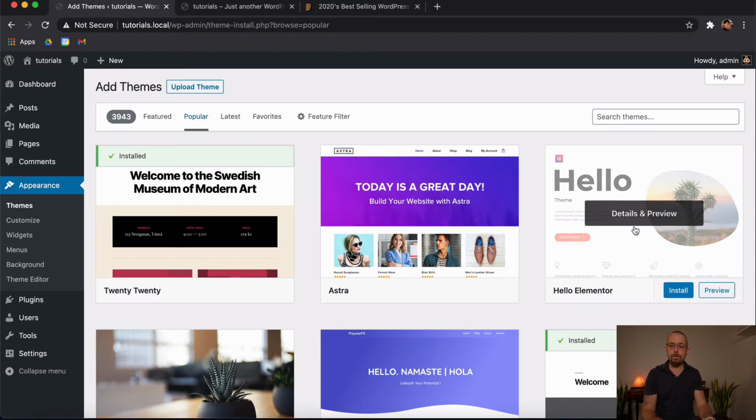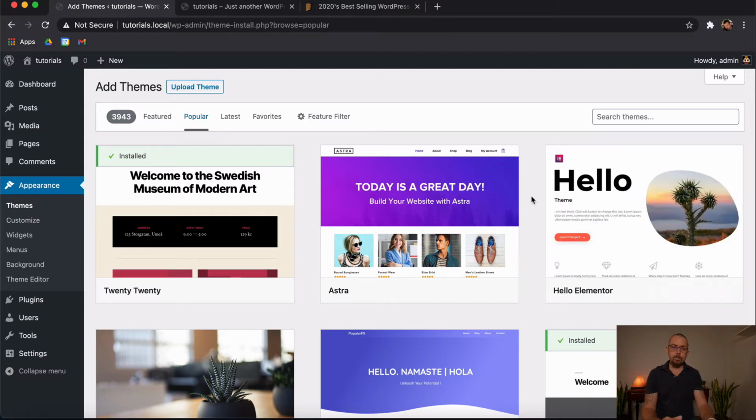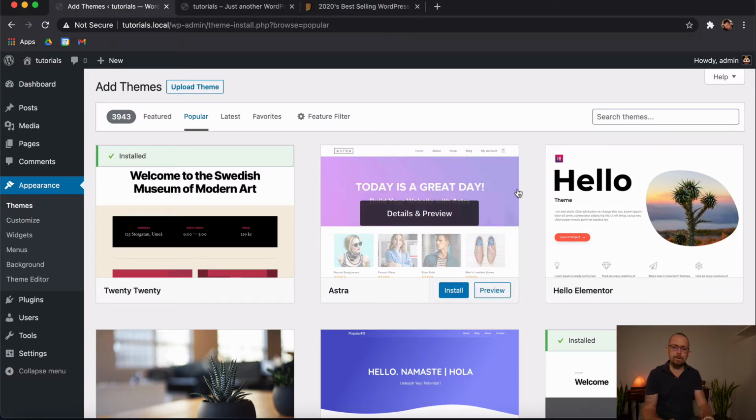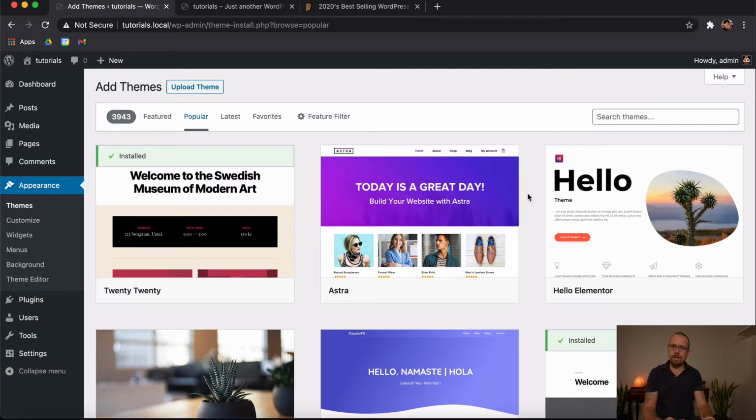I've used Hello a few times. Hello is a real bog standard skeleton type of framework, which I like working with a lot as well. Just because sometimes with these themes, which I'm going to show you in a sec when we go to a place to buy themes, sometimes they come pretty heavy. Not all themes are always made to be effective as websites, heavy on the code, really dirty behind the scenes.